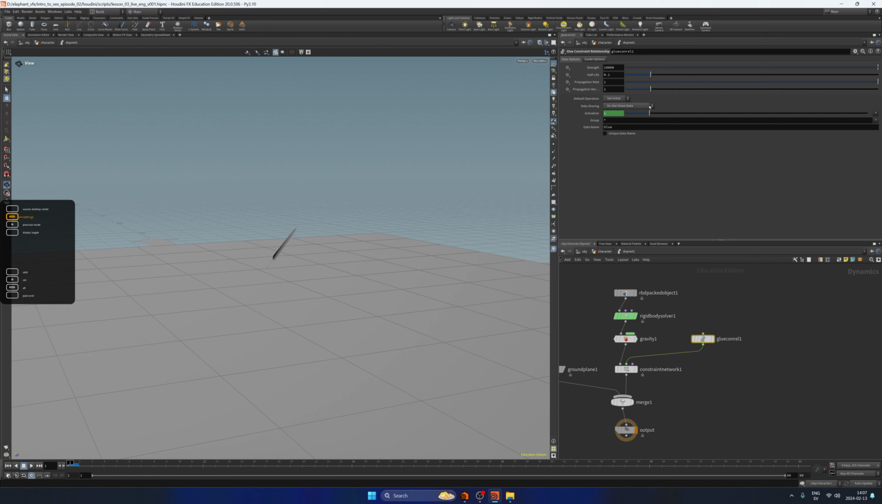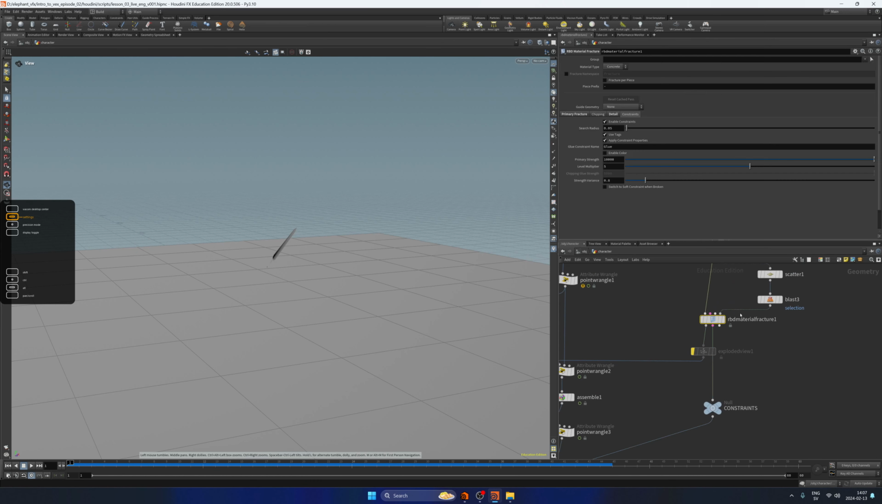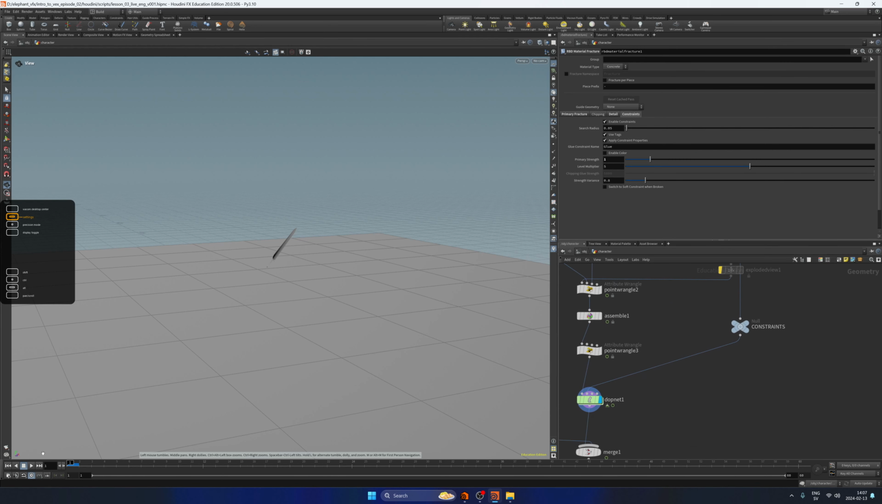And now we have the strength of that constraint. So if I set that one to, I don't know, 100, that's what we get. It's probably too much. Maybe we need to set this one. I think this is a multiplier. So if we set that one to 1,